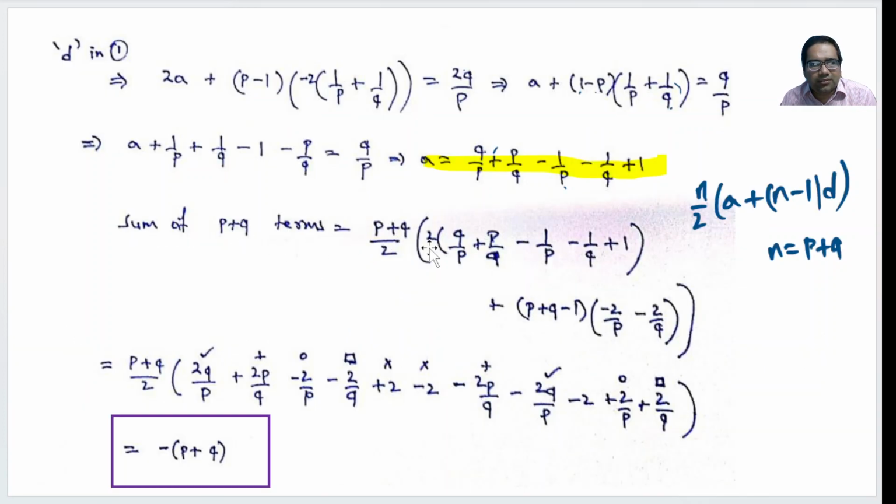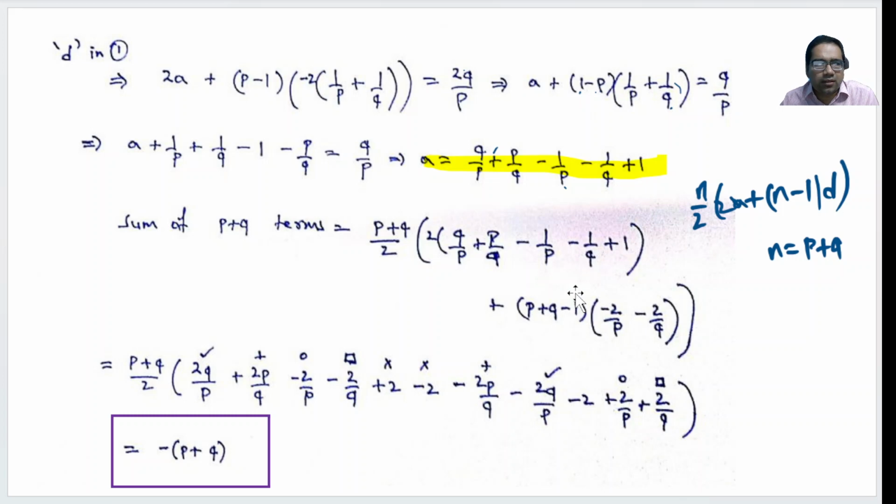Right. First P plus Q terms is N by 2, which is P plus Q by 2 into 2A, 2 into whatever this part, Q by P plus P by Q minus 1 by P minus 1 by Q plus 1, plus N minus 1 into D. N minus 1 is P plus Q minus 1 into D. What is D? Minus 2 into 1 by P plus 1 by Q. Let us expand this: 2 into q by p, this part, 2q by p, 2p by q, minus 2